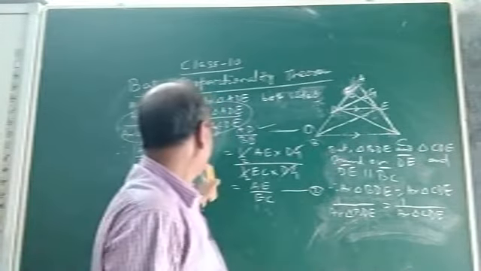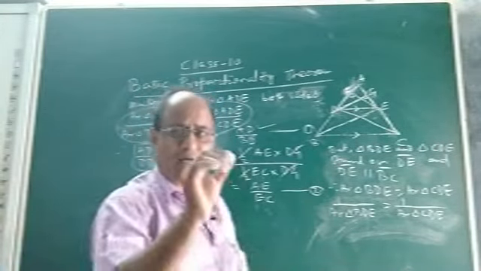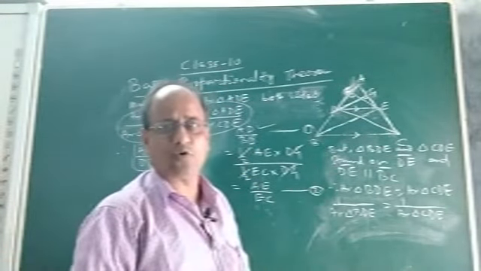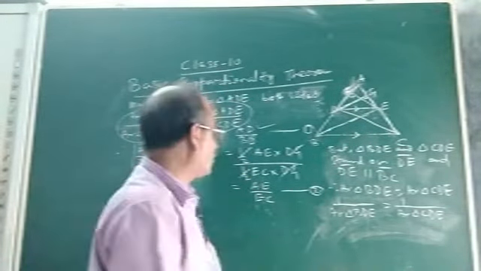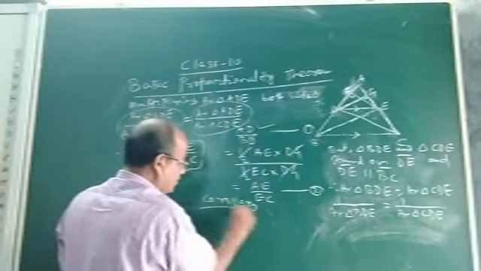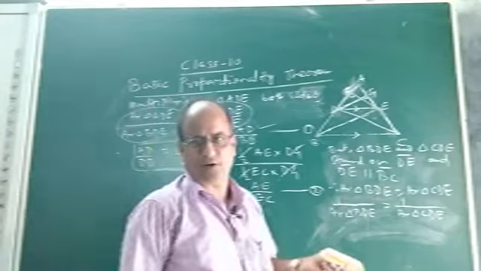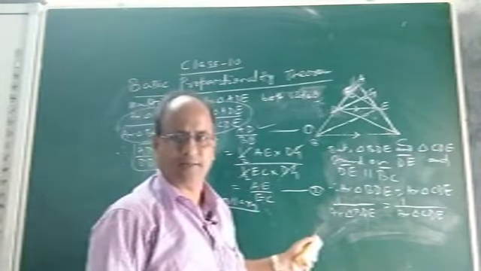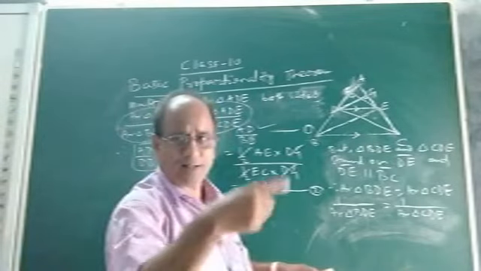Now see, from this theorem we can derive some other conclusions. Those conclusions or parts are known as corollary. What is corollary? Corollary, C-O-R-O-L-L-A-R-Y. Corollary means it is a part of the theorem. Any part of the theorem can be called a corollary.